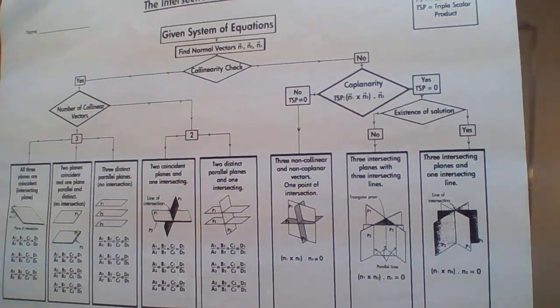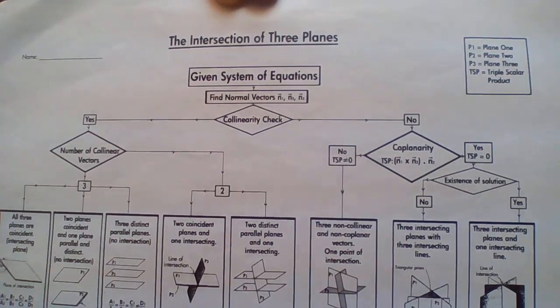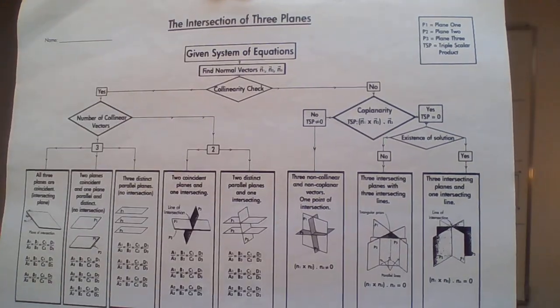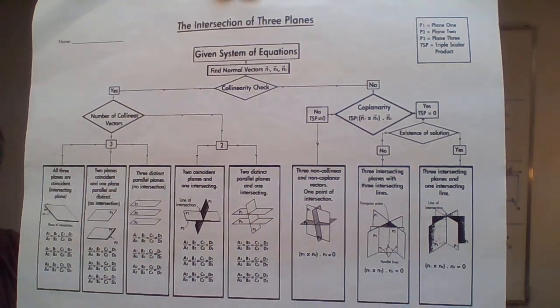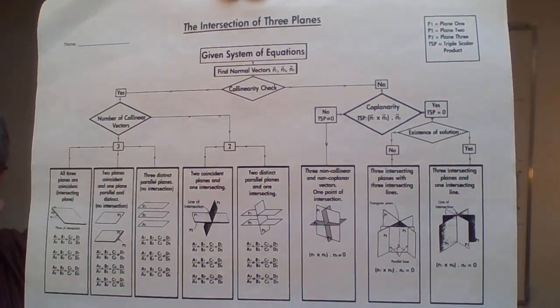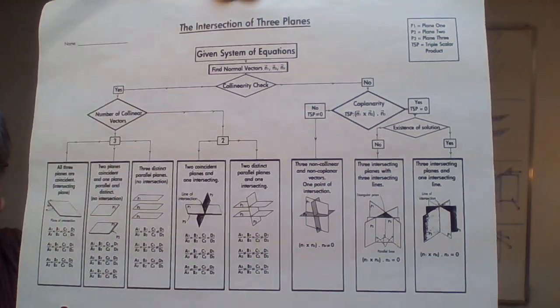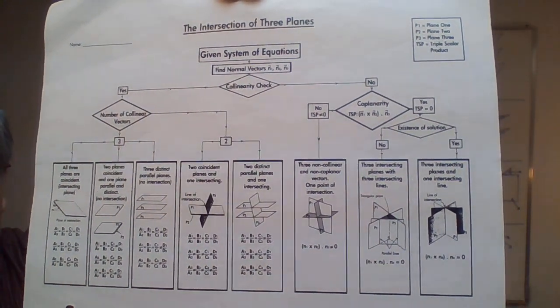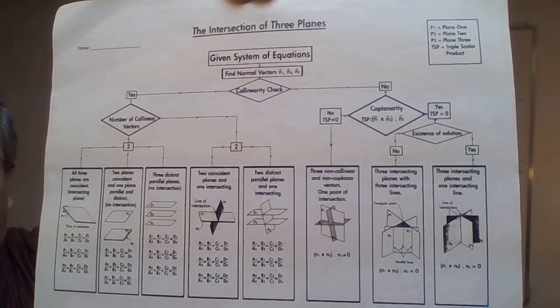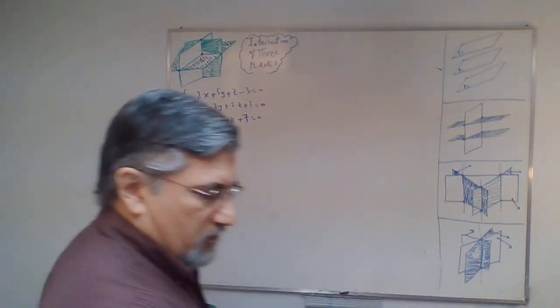So this flowchart summarizes basically the whole procedure of finding which one of the 8 cases we have, given three equations of planes. Okay, so you may pause for a second and maybe take notes, or at your discretion check this flowchart out. And now